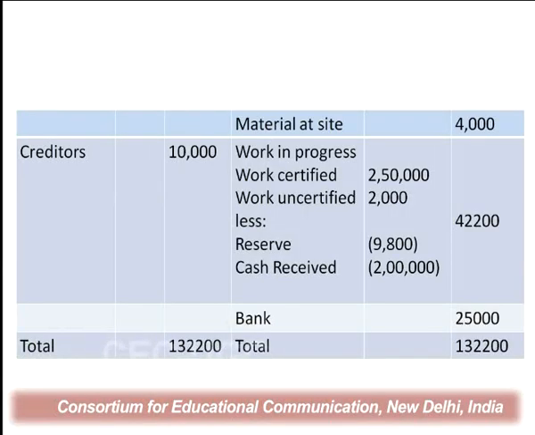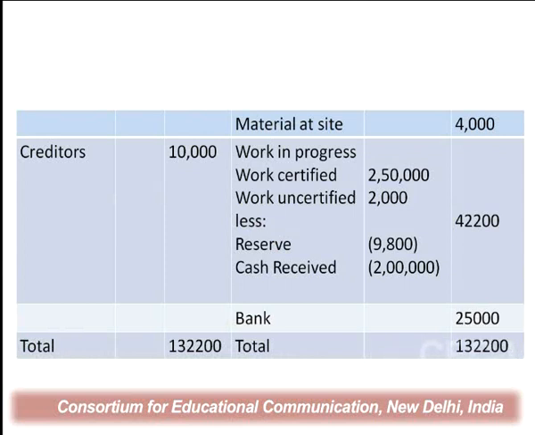So after depreciating, the value of the plant is 13,500 at the end of the year, right? And then you have creditors 10,000 rupees. This creditors figure is given in the trial balance as 10,000 rupees at the end of the year,